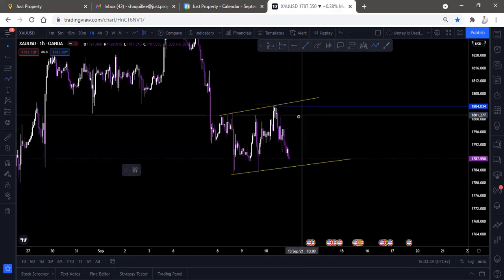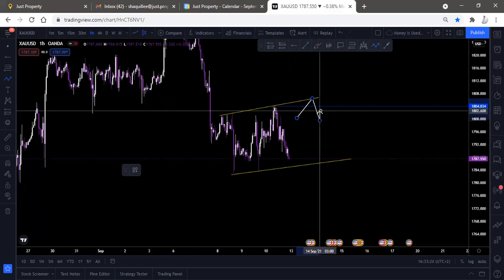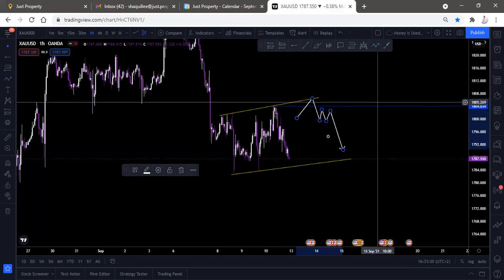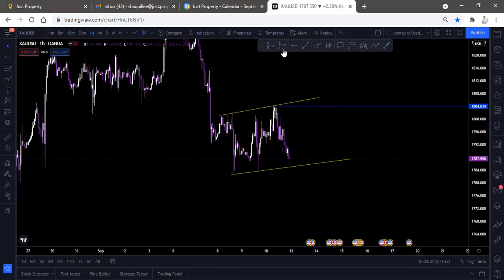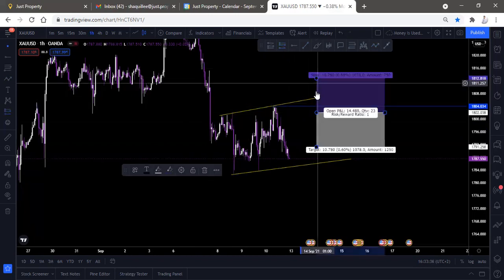So I'd like the market to actually break that high, right? Give us a nice third touch, break below that, and on the 15-minute or even the 5-minute you can wait for a nice mini correction and then just continue with that trend all the way to the downside. So that will be my first entry, just about here.